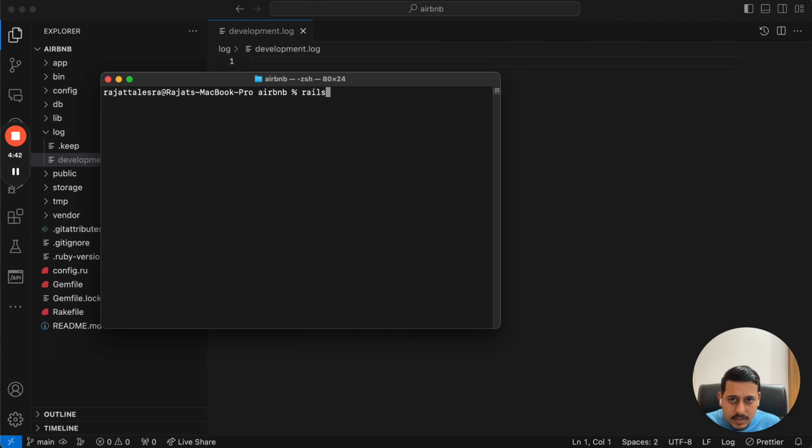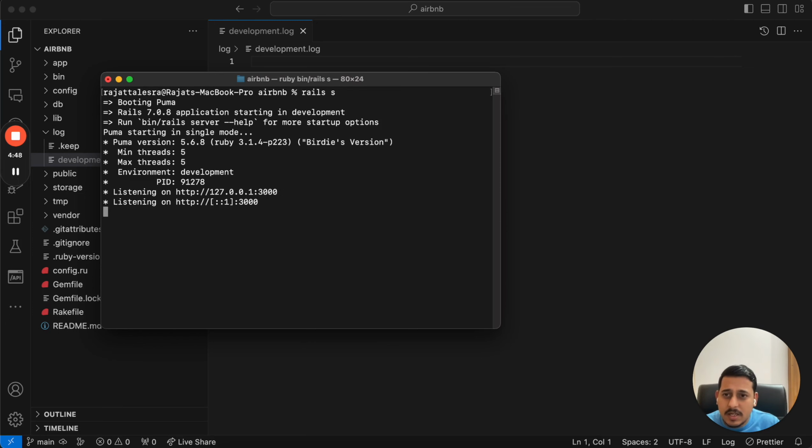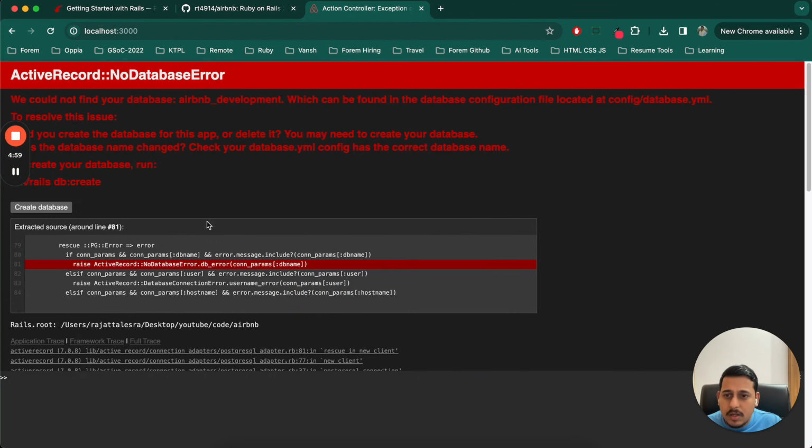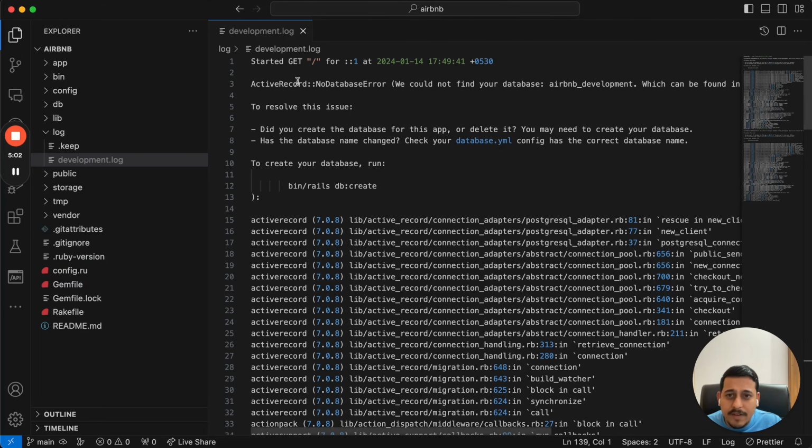I'm using rails server to start our project, or we can use rails s. Let's start this, and maybe we should get that in our development. Localhost 3000, there is an error, that's completely fine. But yeah,